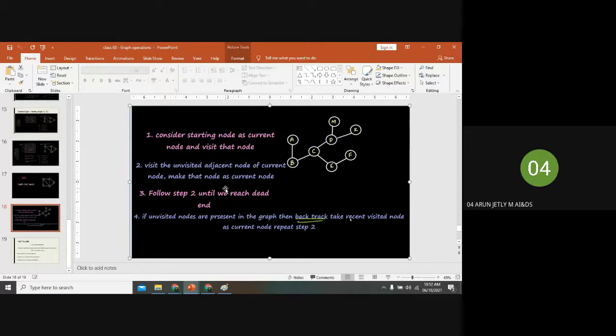Make that node the current node. What does it mean? It means move to the adjacent node, then take it as the current node. First you fix the current node, then find the adjacent nodes of the current node, and make that adjacent node the current node.